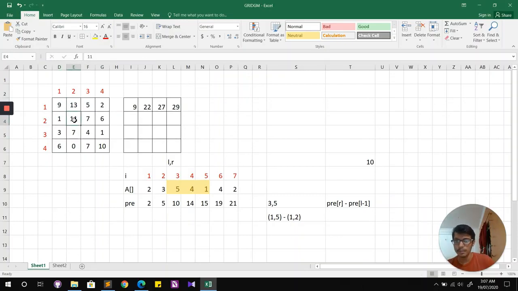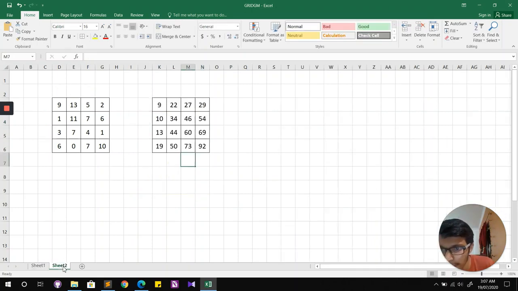So if we do it something like this, then it will be 9 plus 1, 10. 9 plus 13, it's already 22. 22 plus 1 is 23. 23, and again I think it will be 34. So in this fashion, if you fill the array, the magical array will look something like this.